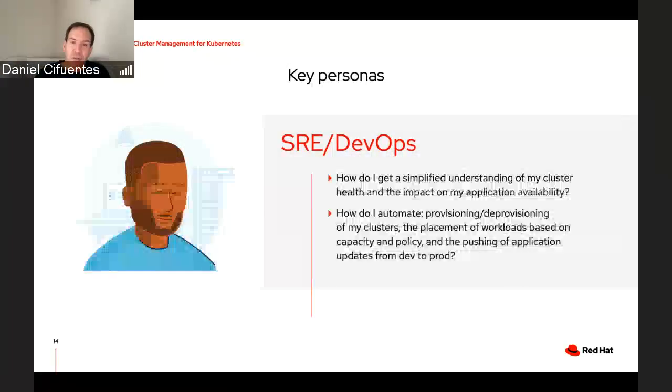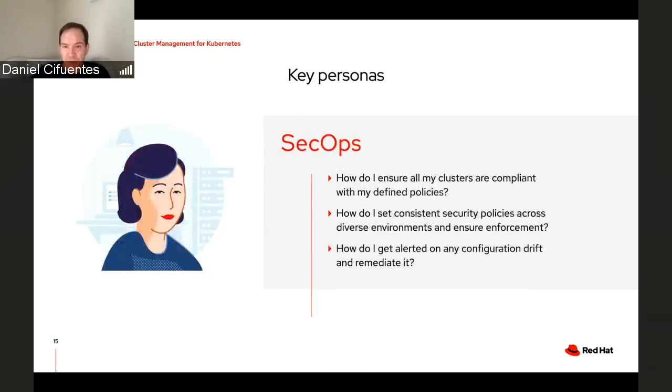In fact, also too, the third key persona, which is Mr. SecOps. And Mr. SecOps doesn't really care so much about uptime. He doesn't really care so much about the application. He just cares about making sure that the people out there that are using these applications, which may be the public, stay away from causing harm to a backend.